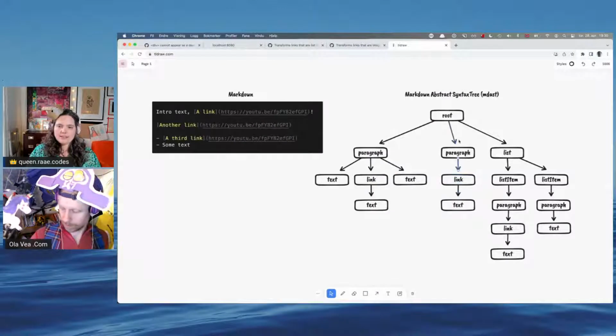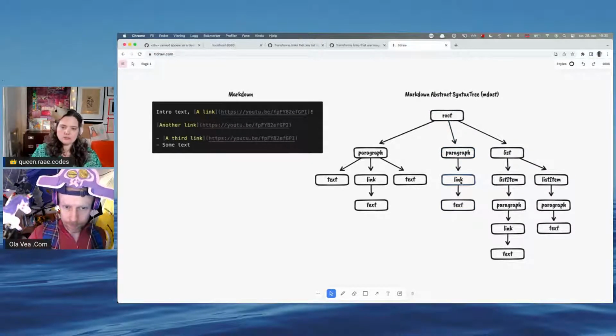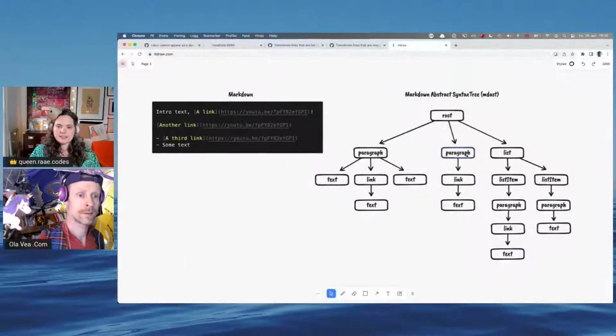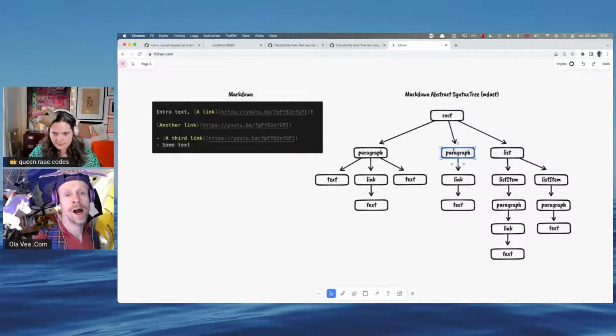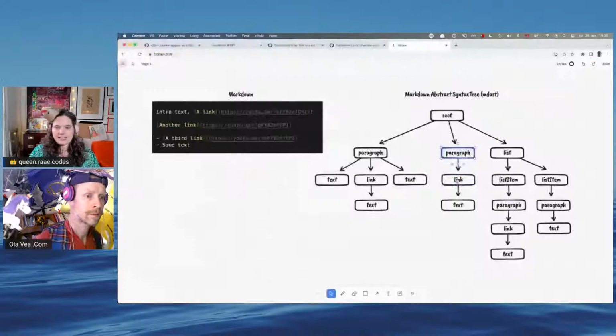So 1, 2, paragraph, root, only 2 ancestors. Then I know that it's at the location close to the root. And then I check that the second ancestor is a paragraph. And then I check to see that this paragraph only has 1 child.